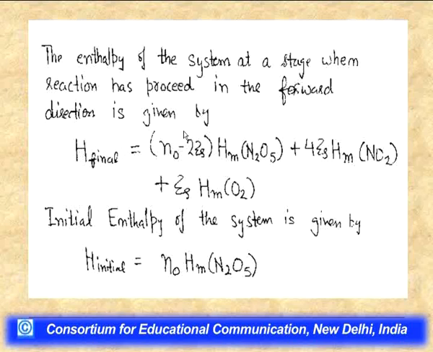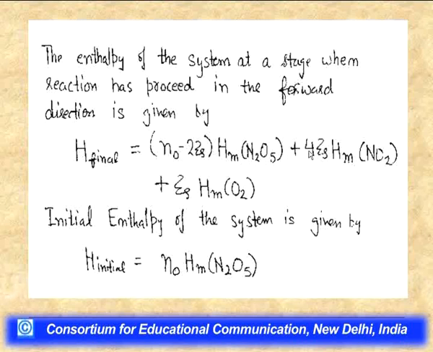We need to multiply the number of moles of each chemical species present after time t with its molar enthalpy. That is, N0 minus 2ξ is the amount of dinitrogen pentoxide present after time t in the system. We need to multiply its number of moles, N0 minus 2ξ, with Hm, the molar enthalpy of dinitrogen pentoxide,